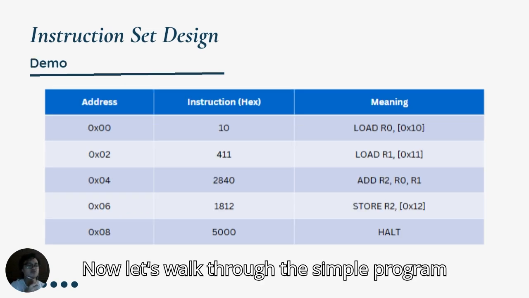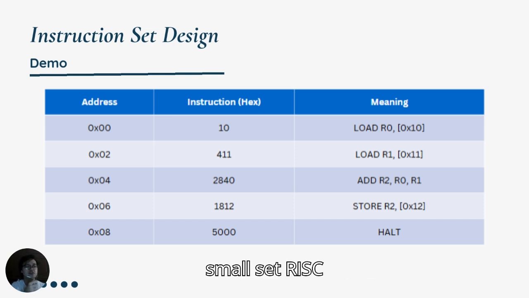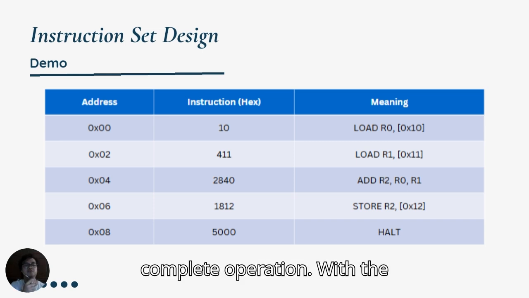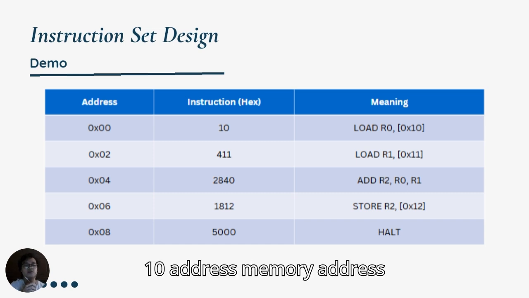Now let's walk through the simple program stored in memory. This illustrates how a small set of RISC instructions can perform a complete operation with the demo. When the address is 0x00, we load R0 with the value from memory address 0x10, and then at 0x02, we load R1